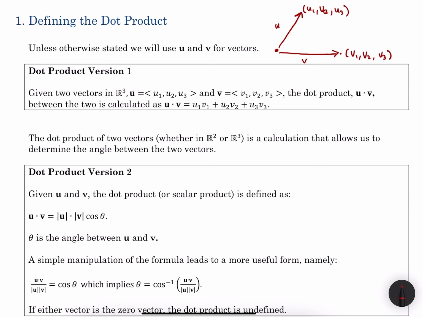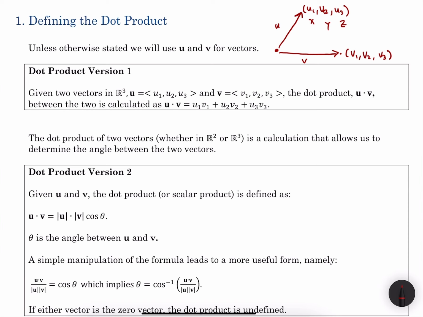So the first thing that we get with the dot product is the sums of the products of the matching components. So generally we'll say that the first component is the x component, the second component is the y component, and the third component is the z component for both of our vectors. So if we multiply the x's, multiply the y's, and multiply the z's and add them together, we get this